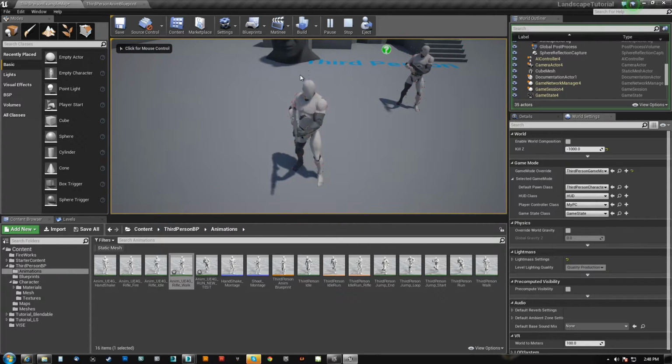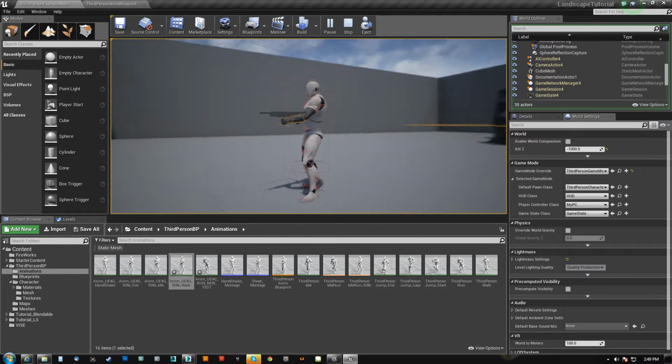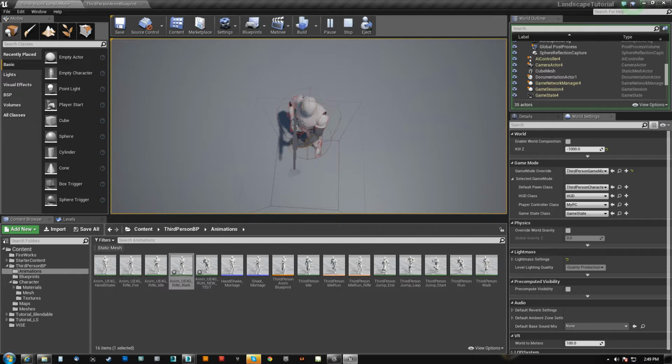But if we do show the collision, which is kind of hard to see, you can see that the box there is going to be oriented exactly where he is, left, right, up and down. It's hard to see in movement because of the motion blur, but it looks pretty lined up to me now. So I think we're good in terms of that. And, well, actually,